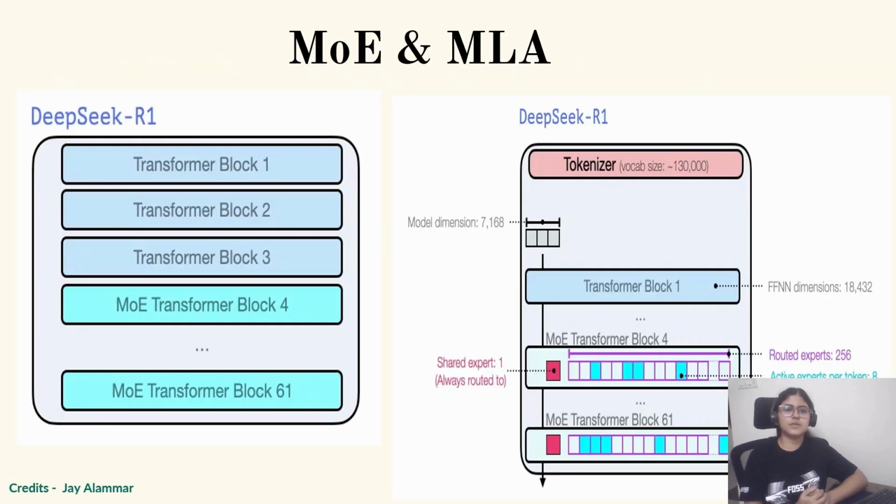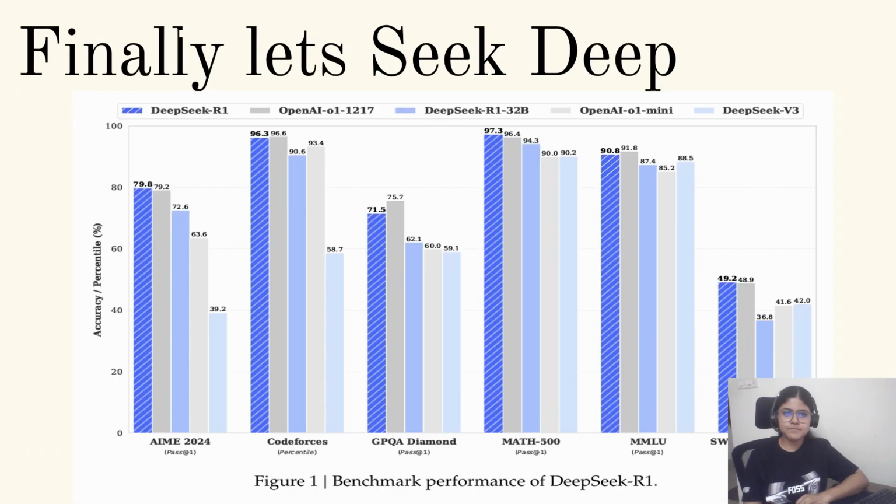As we discussed, this is how the blocks of transformers and MoE layers come into the picture. They also selected the token size to be 130K. We also need to look at the tokenizers as well, because that's where our vocabulary is contained, and the entire model training depends on it. So every step was very calculated and very well done by the team.